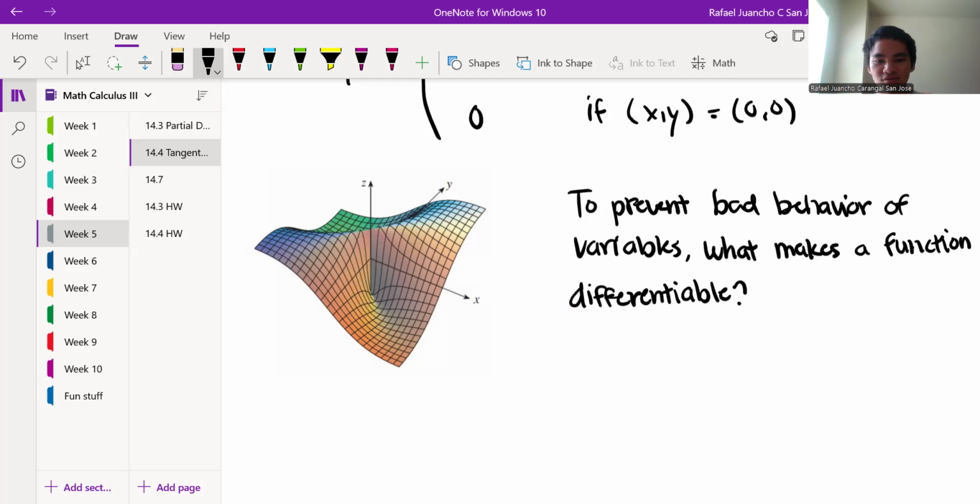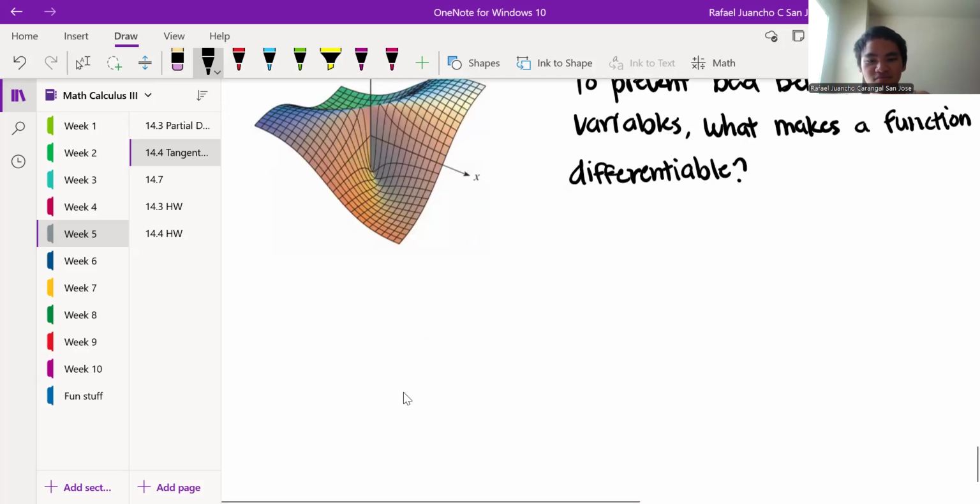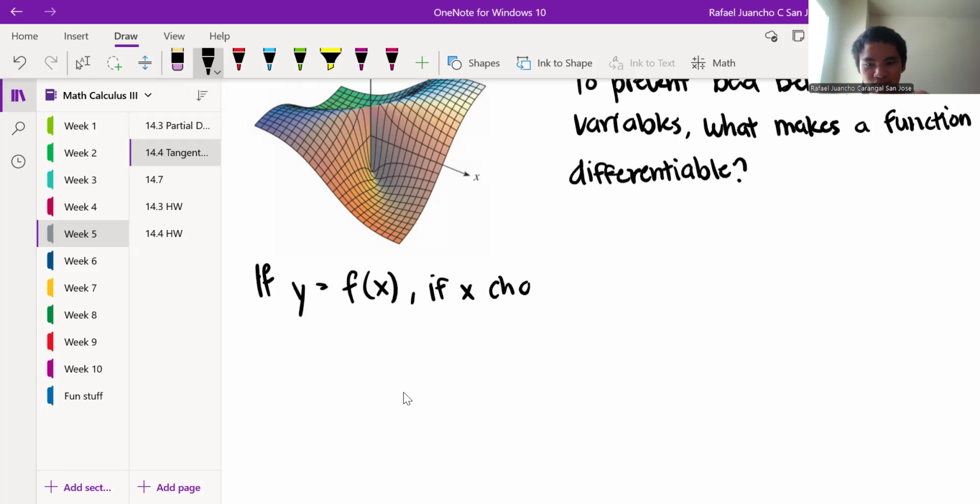So if we're given, in one variable, y = f(x), and x changes from some value a all the way to a + Δx,